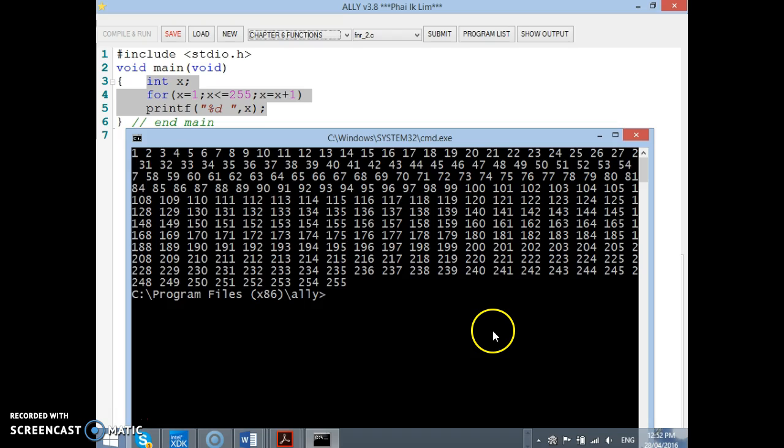You print until 255, then it stops. It stops because this condition says less than or equal to 255, continue. When it becomes 256, it stops. Okay, that's a very simple application. You repeat until you exceed 255, then it stops. Before 255, continue. Print. Okay? You don't have to understand this for now because